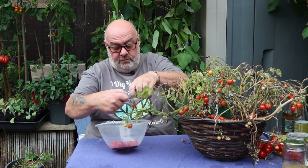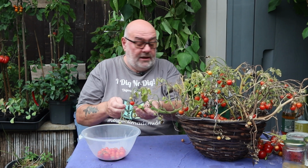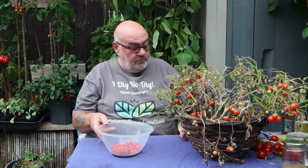And what I'm going to do, I'm going to tip these out at some point. Tip the compost out, and just look at it. It looks okay from the top. I'm just wondering if there's something going on in the compost. I don't think so, but...